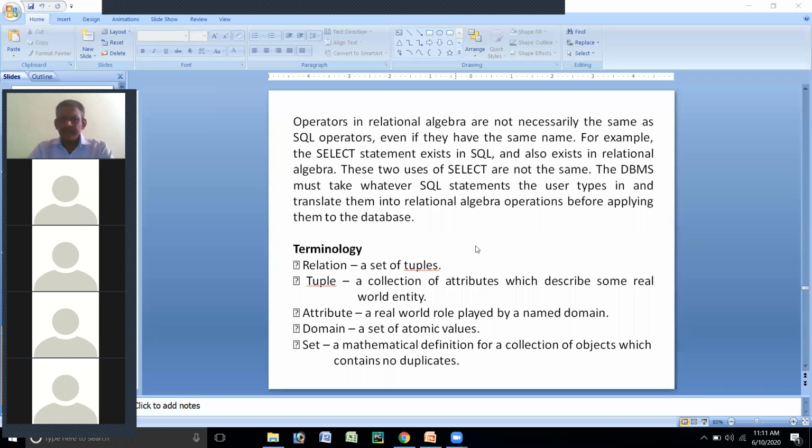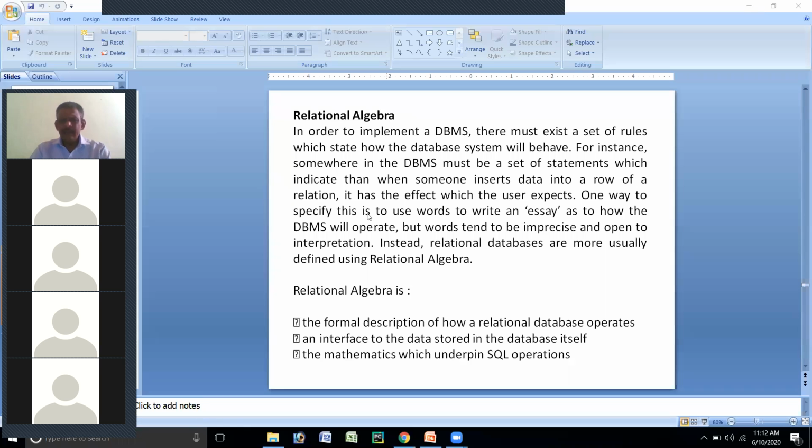Okay. We'll continue. I hope the theory part you understood now. I'll repeat once again. The relational algebra. In order to implement the DBMS,